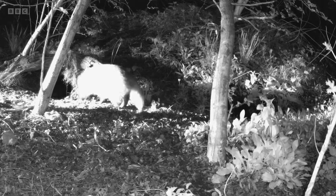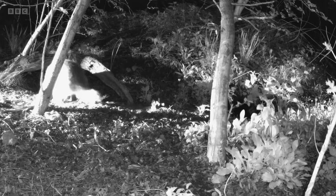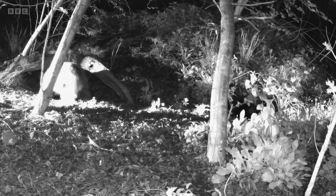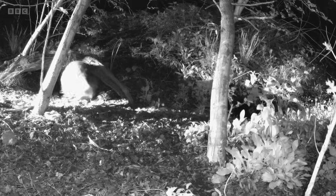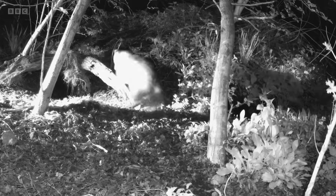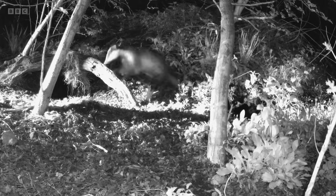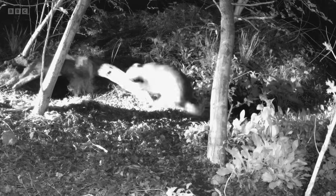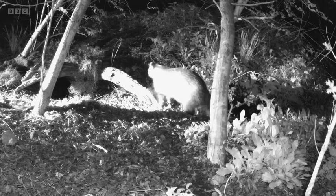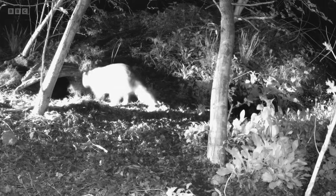It all goes calm for a bit. Peggy's gone into one of the holes to protect her cubs. He goes to the other hole, has a sniff around, and then there's slightly extraordinary behaviour. It's almost as if he's frustrated. She comes out, has another go at him, and then the intruder starts to basically destroy the entrance to the set,